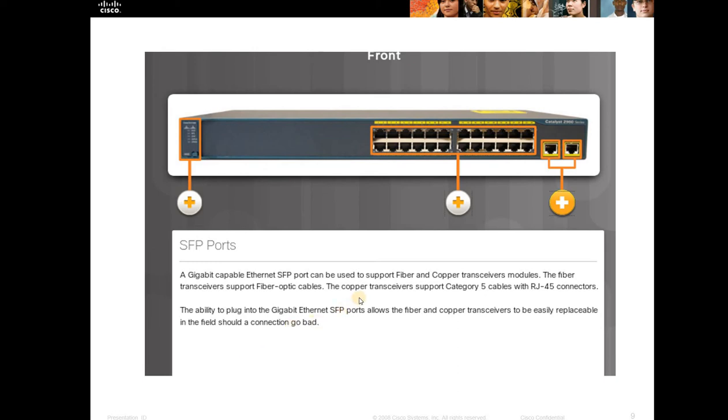The copper transceivers support category 5 cables with RJ45 connectors. The ability to plug into the Gigabit Ethernet SFP ports allows the fiber and copper transceivers to be easily replaceable in the field should a connection go bad.